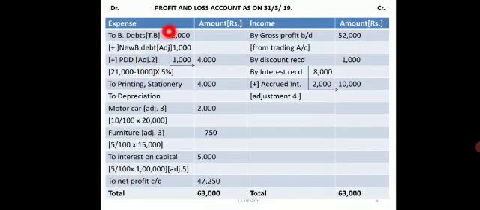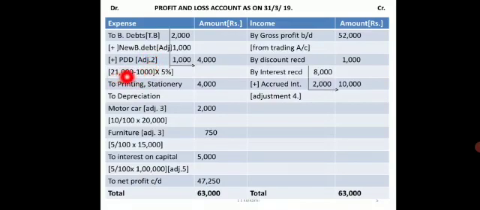So I repeat once more. Total bad debts from the trial balance 2,000 plus new bad debts which are given in the adjustments amount to 1,000. So my total will be 3,000 as bad debts. But when I'm providing for provisions, I already know that 1,000 is bad. So that 1,000 I have to reduce. And then whatever is the resultant figure, on that I have to provide provision at 5%.